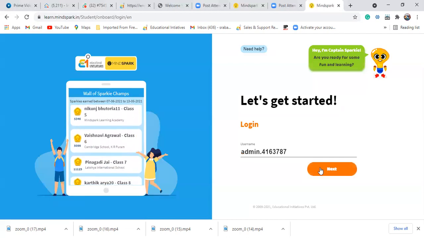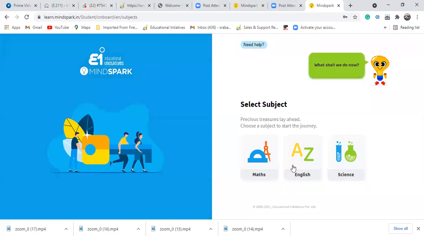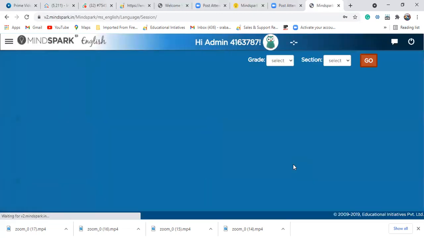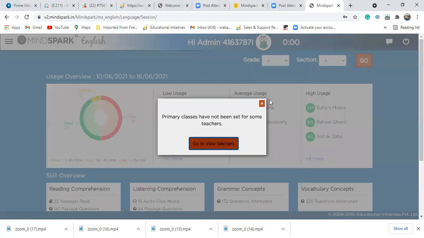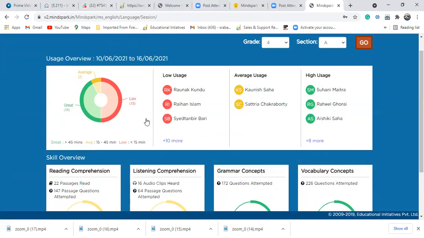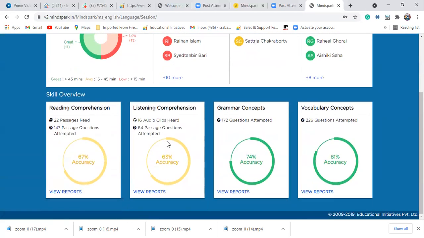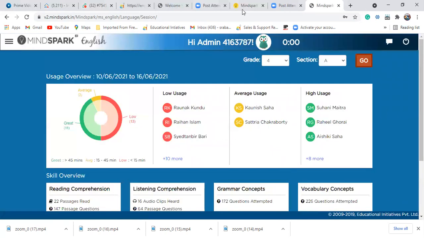In the English interface, you do not have to do anything because all the things are inbuilt. If you go to English, you can find it like this. You can find out how many students have done English. In this school, many students have already done English. You're getting the report, how they are doing, everything from here.